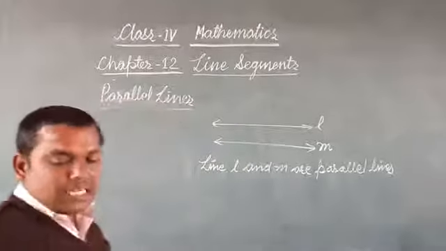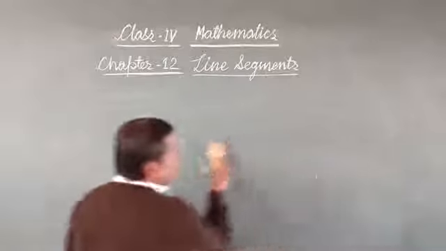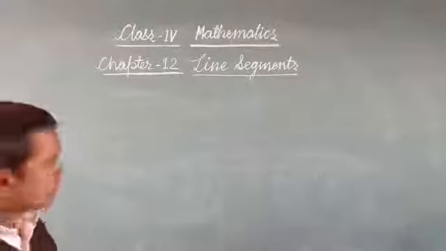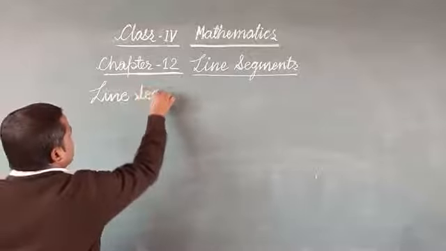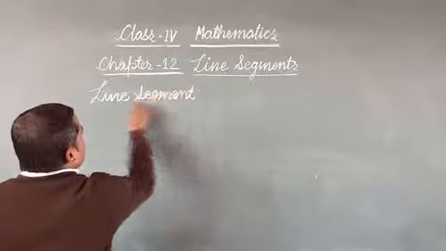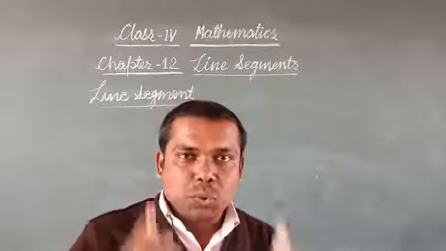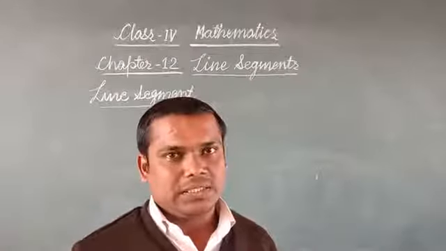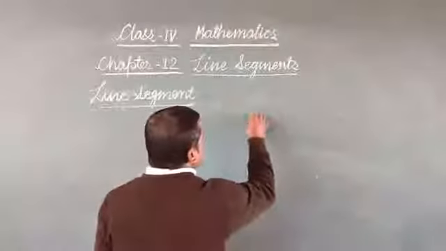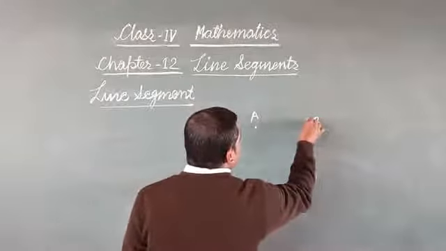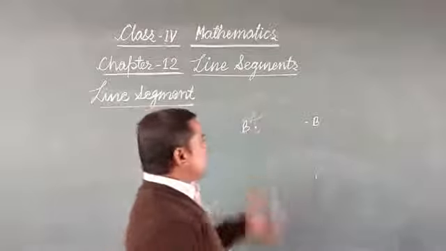Now the next question is line segment. So what is line segment? Now try to understand. Line segment is a part of line having two fixed points. For example, you see, if we have 2 points, point A and point B, to reach from point A to B,